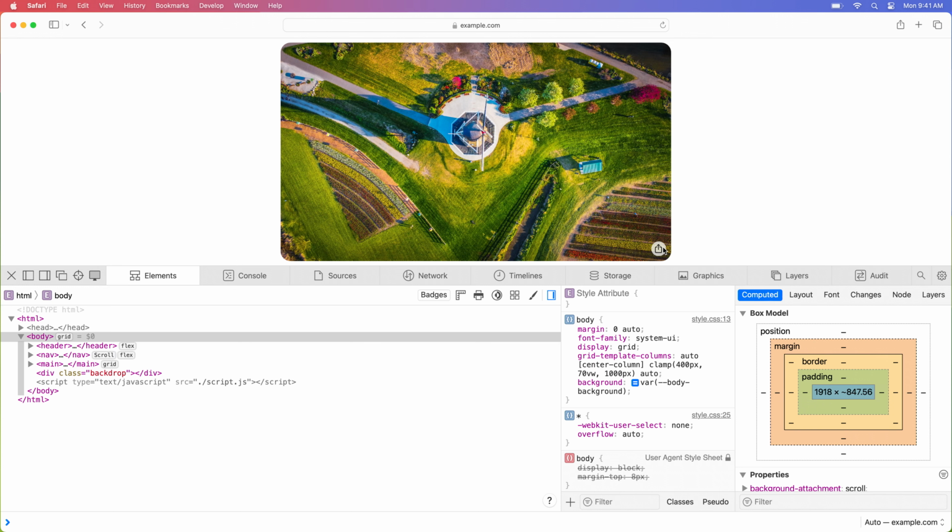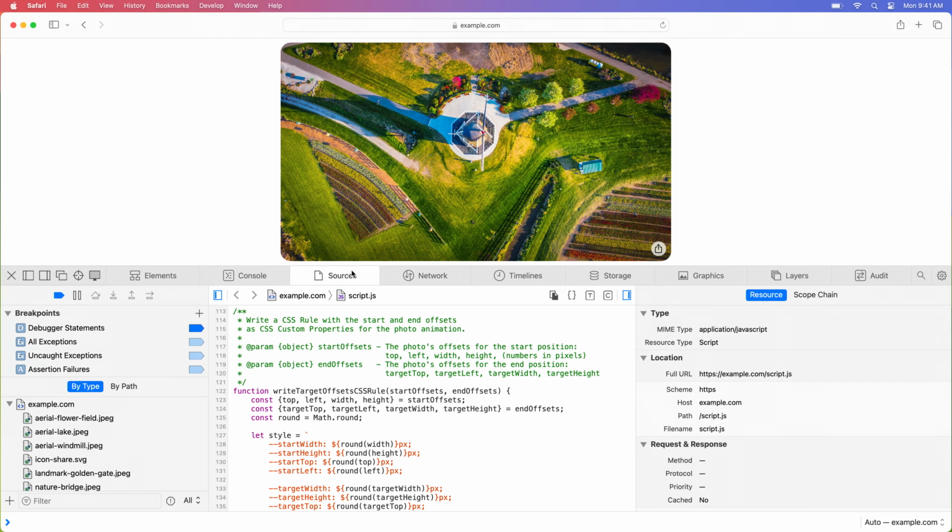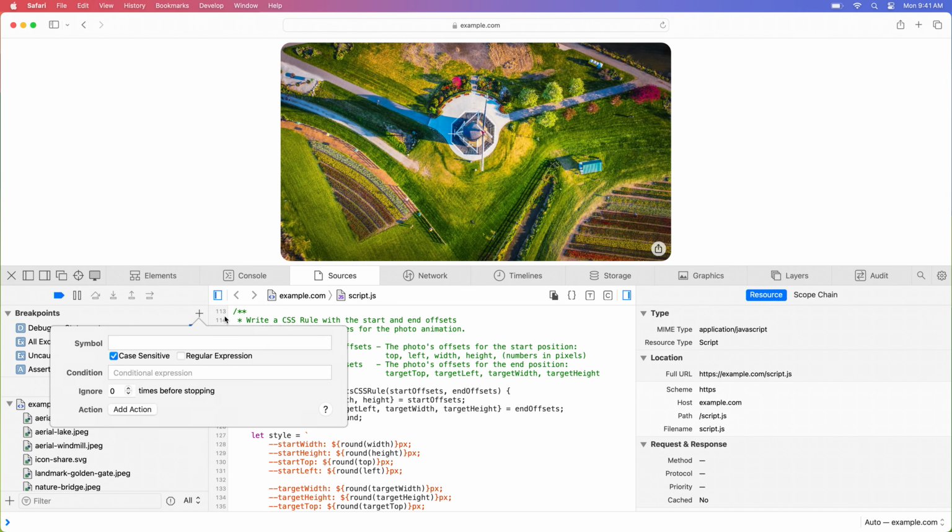There are multiple ways to debug this, but I'm going to try a symbolic breakpoint. I'll switch to the Sources tab and click to add a new symbolic breakpoint. Whatever code runs on my end, it has to eventually call the navigator.share browser API, which shows the system popover. Let's set a breakpoint before the share function is invoked. I'll click Add to set my symbolic breakpoint.